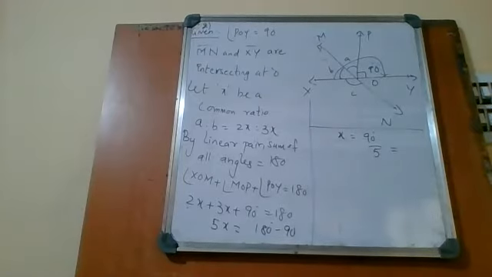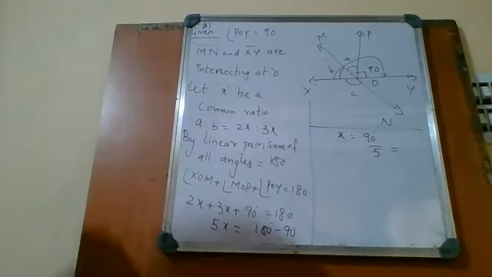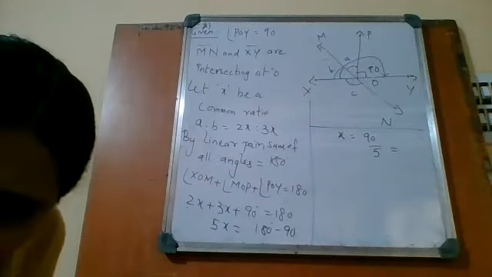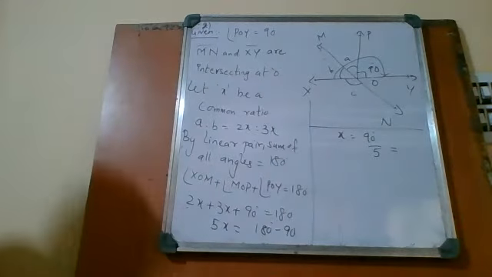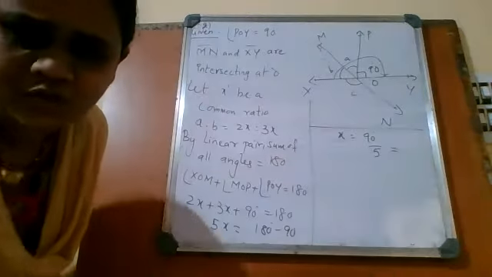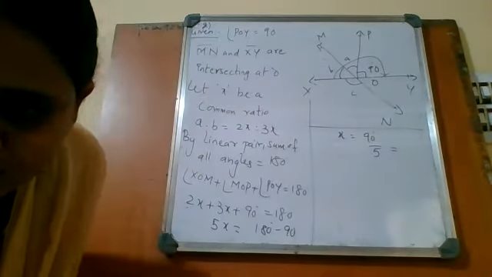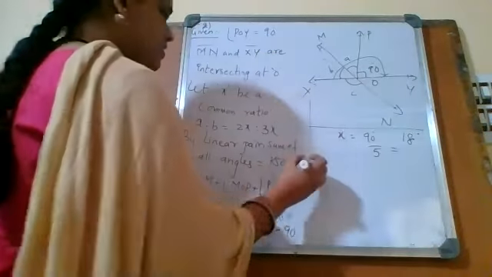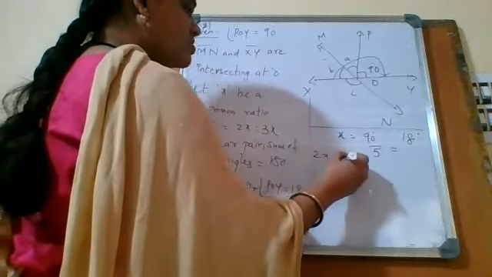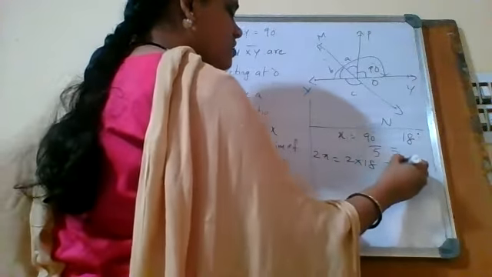Anyone in the class? 90 divided by 5. Who is that, 45? 90 divided by 5. Divide by 5, not divide by 2. Spurti. Yes, 18 degrees. So angle x is equal to 18 degrees. So 2x is equal to how much? 2 into 18 degrees. That is equal to